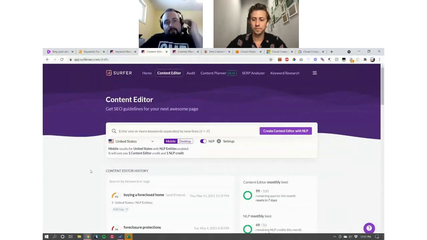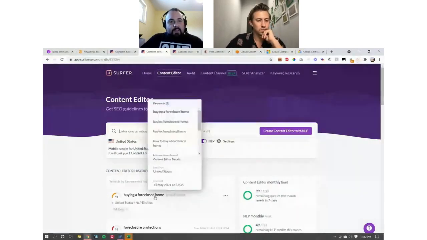This way, instead of doing one keyword at a time, you now have a batch of keywords, or a bulk of keywords, that you can focus on with one article. And that'll normally give you dozens or even hundreds of combinations of keywords, because the verbiage that you use in the article, based on what we pull through Surfer, is going to give you all of the data that you're looking for. So I'm just going to go ahead and open this up just so you can kind of see